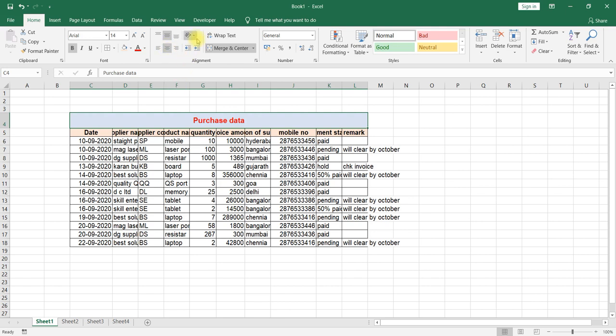Then it comes to rotating text. Under orientation, you can change the text orientation. You can change it like this, to any angle as per your requirement.